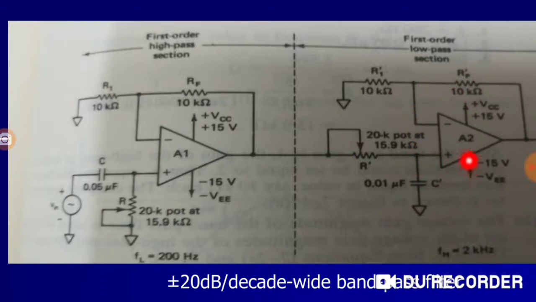If you see the low pass filter section, again it is the same thing, only the R and C are interchanged and RF and R1 are same, so we are just naming them R1 dash and RF dash because we have named them R1 and RF over here. Otherwise the entire thing is same. Both have the passband gain of 2 also, because when we see the design it is 10 kilo ohm, 10 kilo ohm, so RF by R1 is 1, so 1 plus RF by R1 becomes 2, so effectively both have the passband gain of 2 and it will be just pass through.